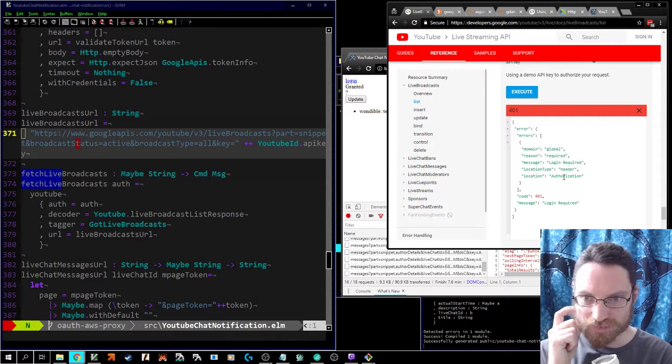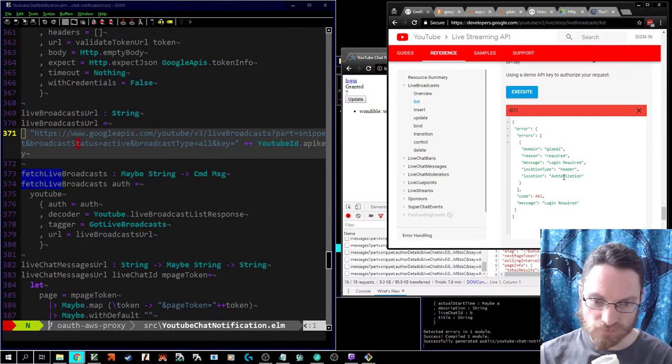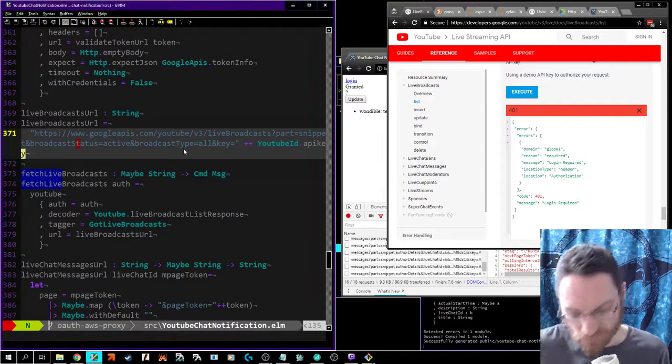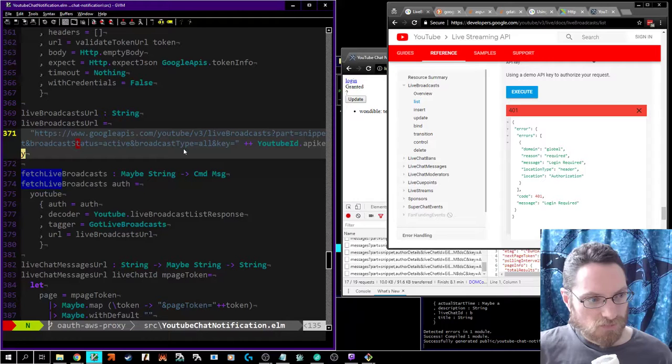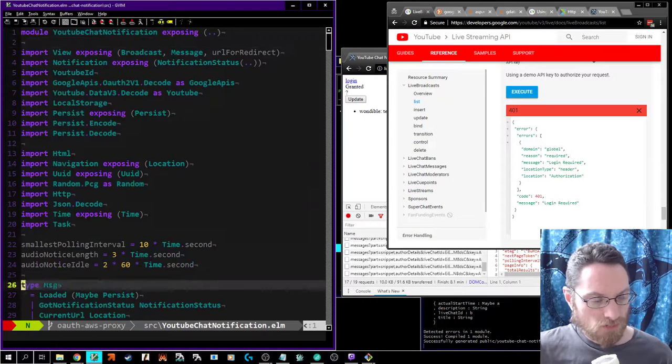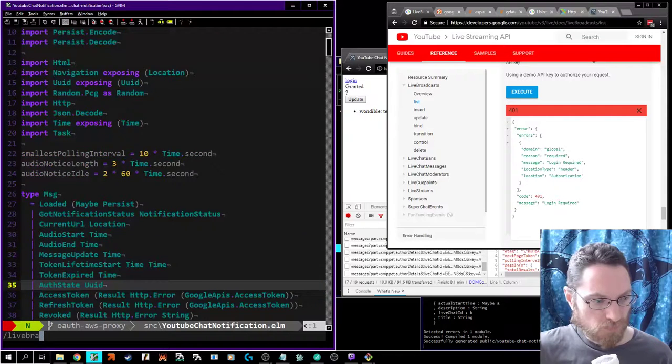It's so close. But if we log in, if we authenticate once, we can get the live chat ID. And then we can forget the stinking refresh token. So when we get the live broadcasts,